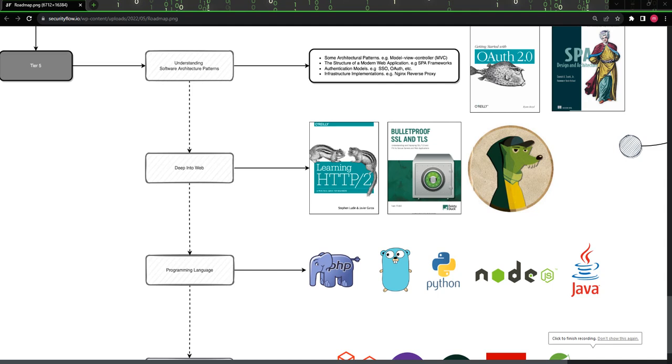Okay, so tier 5. At this stage, you are considered a security professional with lots of expertise in various fields. You might be a pen tester, bug bounty hunter, or security researcher with lots of success in your career. Keeping that in mind, we have discussed earlier that there is always room for improvement even in this stage. With lots of different skill sets, you can improve your knowledge